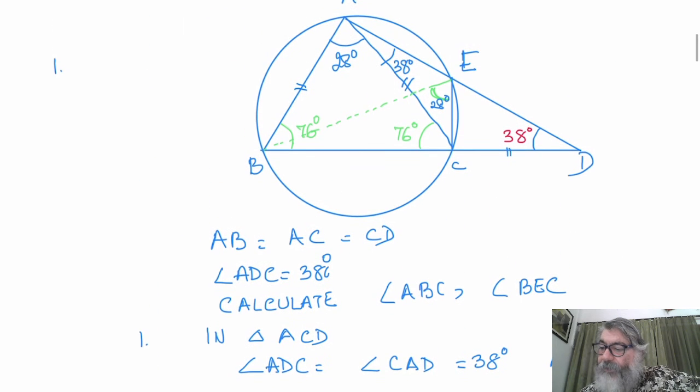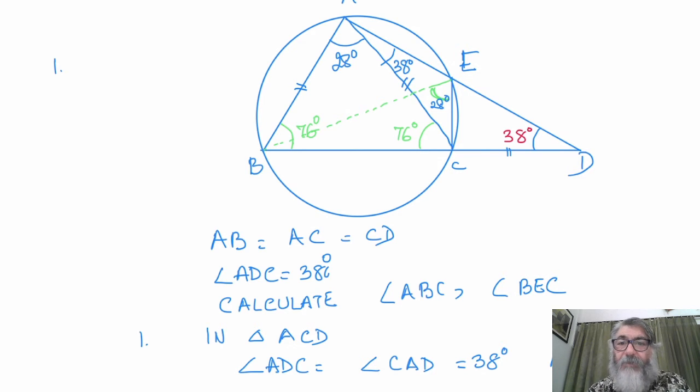Please notice, in the triangles BAC and BEC, the base is BC, which is the chord of the circle, and both these triangles are on the same side of the chord. It is not that BAC is on one side of the chord, and BEC is on the opposite side. Then they will not be the angles in the same segment. For that, it is necessary that they should be on the same side of the chord, and their vertices should lie on the circumference.